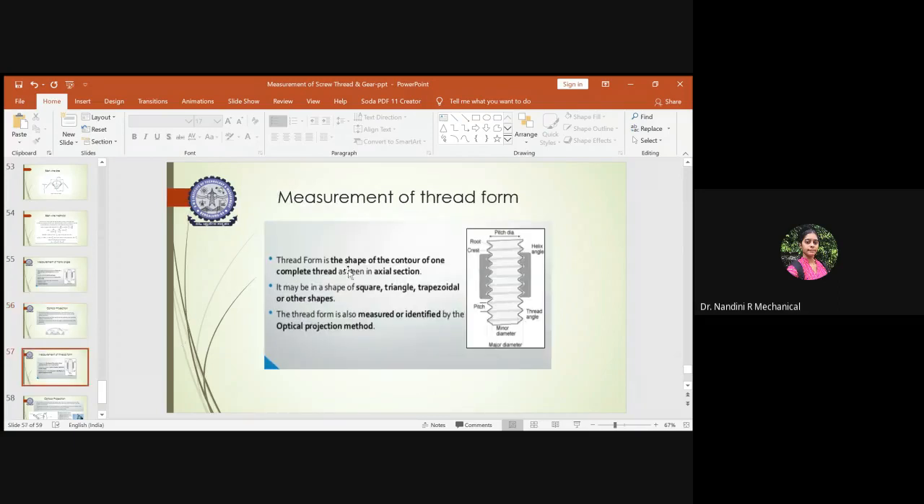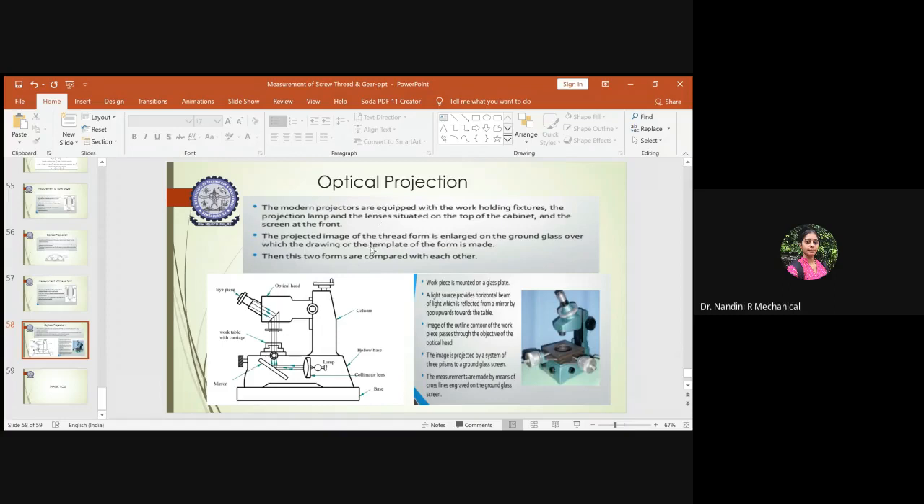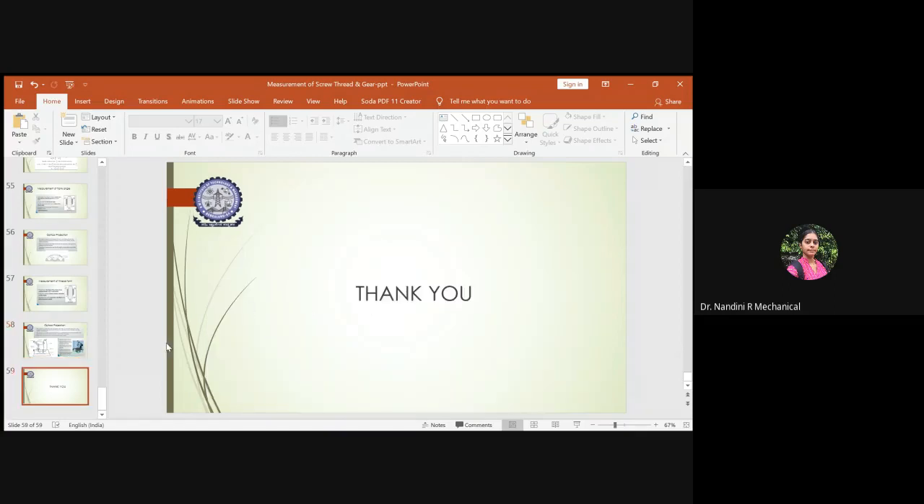So then, this is the part of our screw thread, and later we dealt about our